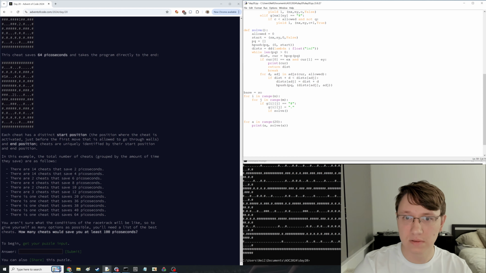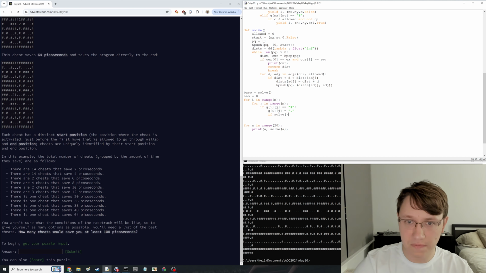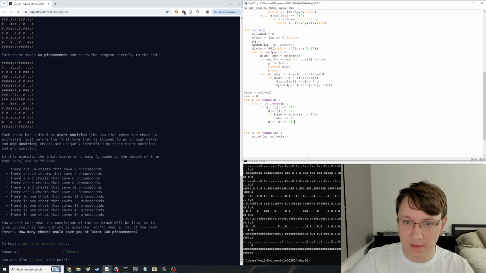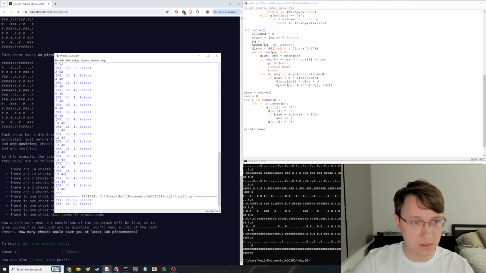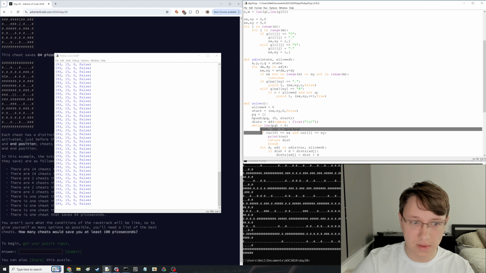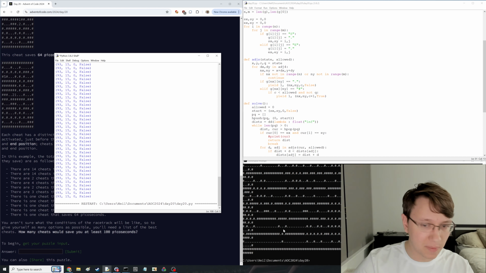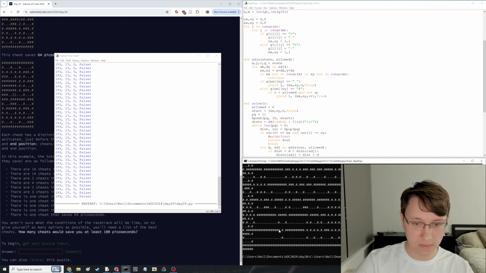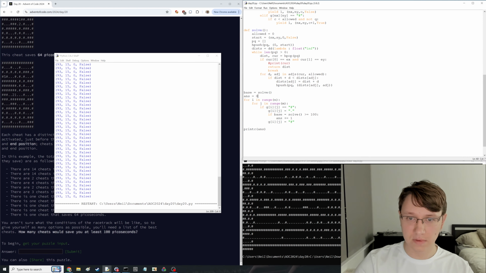Okay, so first, and then if solve is less than, or base minus solve is greater than or equal to 100. Let me make sure we put this back. I don't want the prints anymore, although they shouldn't be slowing me down that much. Do I have PyPy in here? Well, I guess we'll find out. I shouldn't have any infinite loops, but